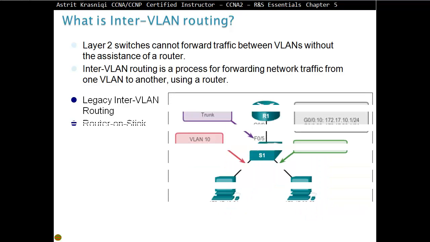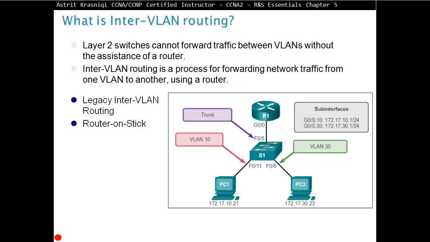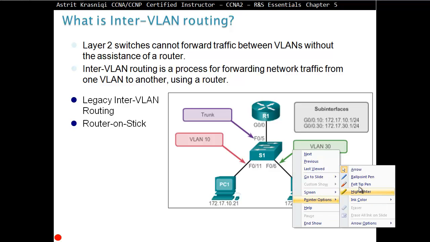The second type is router-on-a-stick. Router-on-a-stick gets away from having one interface for each VLAN. Now we have only a single interface, and on that single interface we create sub-interfaces. So for example, for as many VLANs as we want, we can create sub-interfaces. Well, around 4 billion, so we're never going to reach that number anyway. The disadvantage of router-on-a-stick is this interface here, if I mark it,